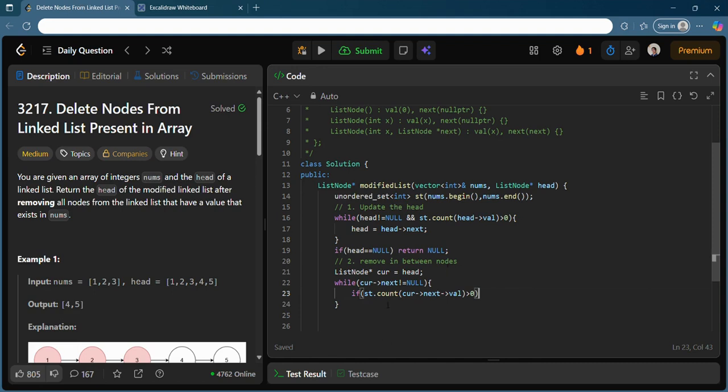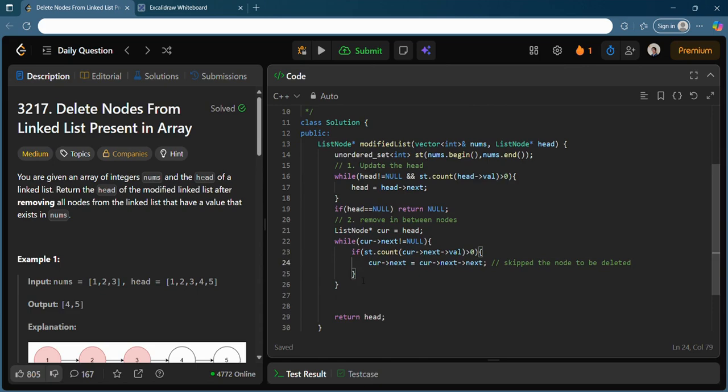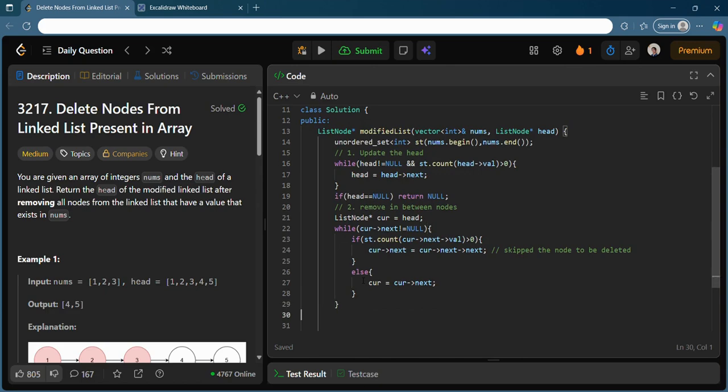So if set.count of this value is greater than 0, it means that it exists in the set, and I need to delete current arrow next. I can just assign current arrow next to be current arrow next arrow next. This is how I skipped the node to be deleted. Else, if I do not need to delete my node, I will just do current equal to current arrow next. It will be very simple.